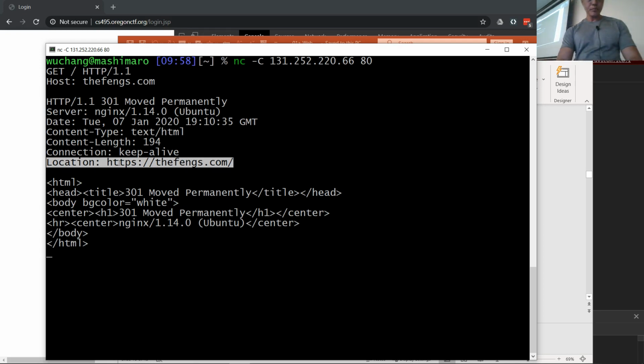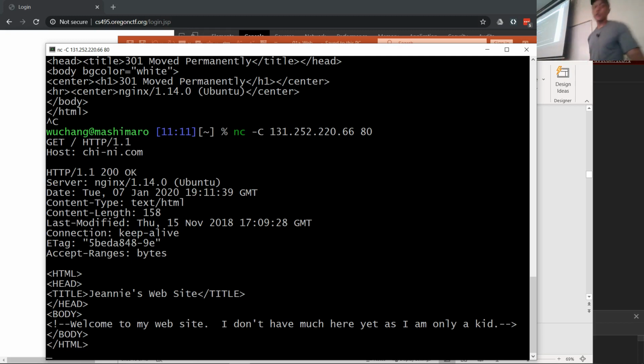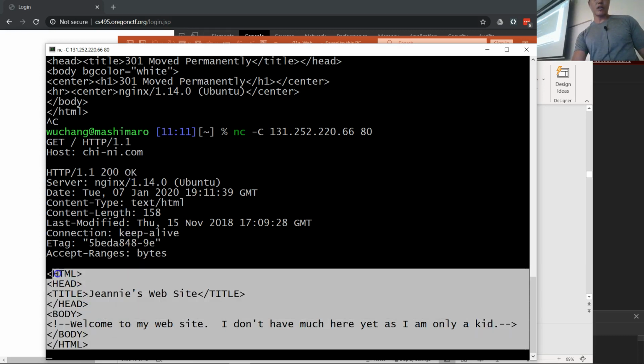Whereas if you did something like this, you go to the same site. If you recall, I'm running multiple sites on the same server. You'll see that this site is not configured to require HTTPS, and you'll get a 200 OK, and you'll get some HTML back. Okay, and then you can parse these headers to figure out